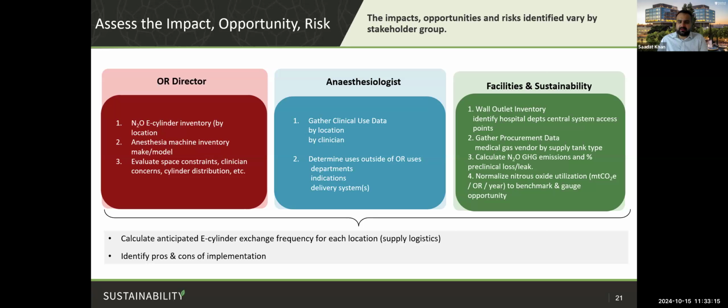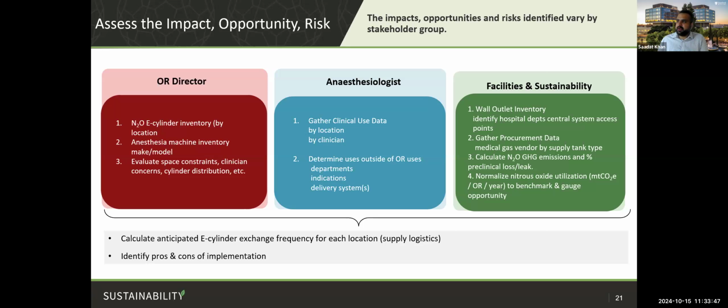And once we've gathered the clinical use data by location, by clinician from the Epic Slicer Dicer, and we determine the uses outside of the OR uses, we start reaching out to all of our stakeholders to get buy-in on what we're trying to do. On the facility side, what we started off with is doing a wall outlet inventory,